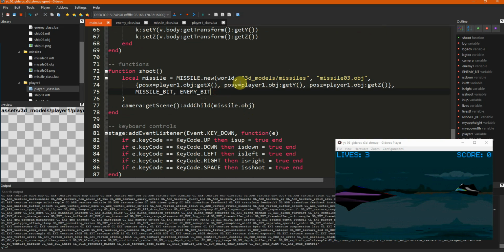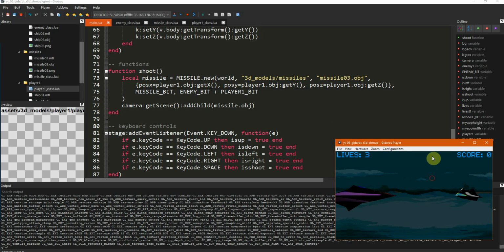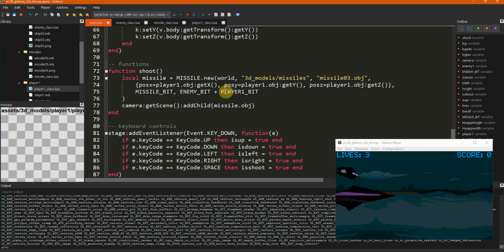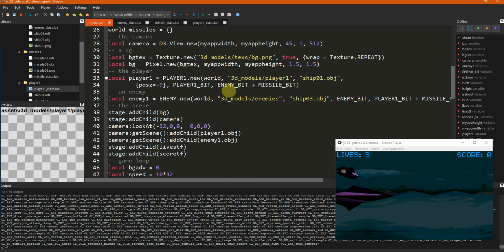Okay, here enemy plus player one bit. Now you will see that they collide. When I shoot, the player one moves because it collided with the missiles. So I don't want it to collide with the player, so I just delete, and the player one only collides with the enemy.